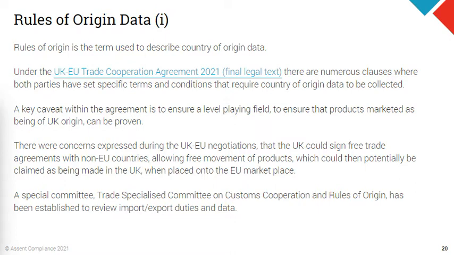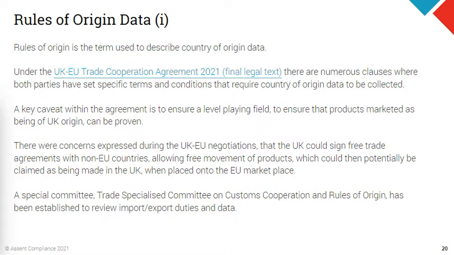But as Brexit was coming along and as part of the trade agreement, there was clear concern on both sides that the UK could actually manipulate by signing trade agreements with third-party countries. They could have products that claimed to be UK that weren't actually of complete UK origin to claim these preferential tariff charges. So when you look at the actual trade agreement, and we put a link in there, there's actually quite a lot of detail in certain sections, and